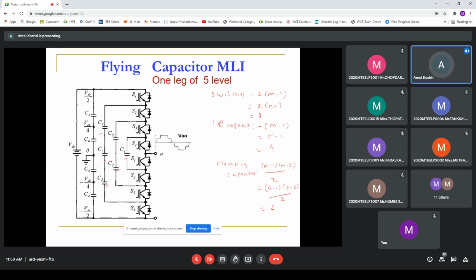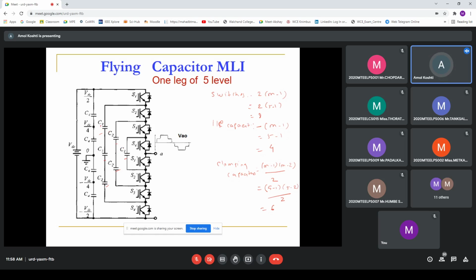See how these capacitors are then connected here. C1 is connected at the intermediate point of S2, S3, S4 and here S1 is S2. In this way one capacitor is connected. These remaining 2 capacitors are connected across S2, after S2 and here S2 dash. And the remaining 3 capacitors are connected after S1 and here S3 dash. In this way we have to connect this.